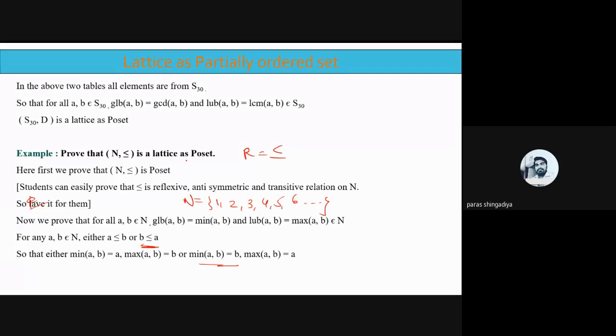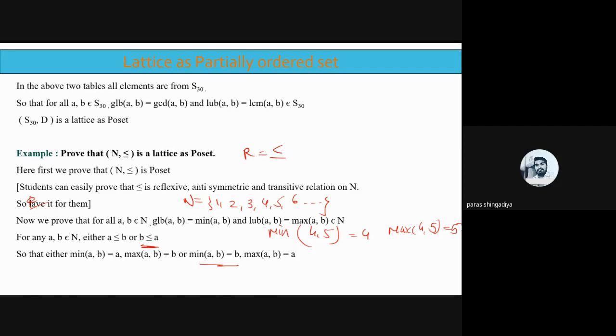Okay, if you consider one example, let's take 4 and 5 as A and B. So what will be the minimum of AB? That is equal to 4, and what will be the maximum of 4 and 5? That is equal to 5. Clear? So 4 and 5 are part of the natural numbers. There is no other value we derived here which does not belong to N. We will never get the answer 0, and we will never get a negative value, because we compare two positive numbers to define the minimum and maximum. So the answer will be from N only. Clear?